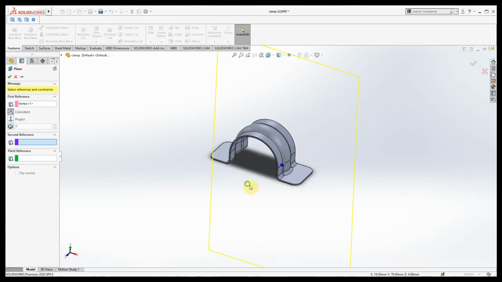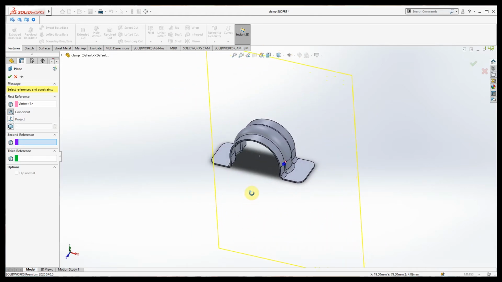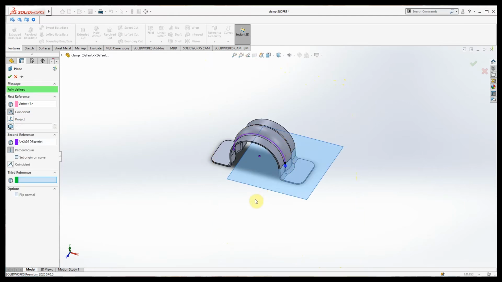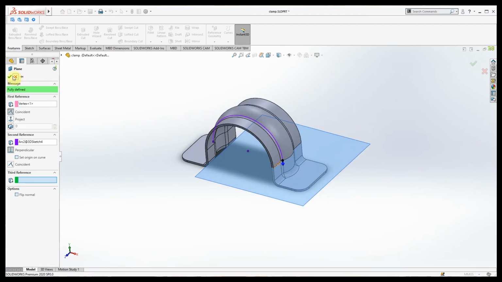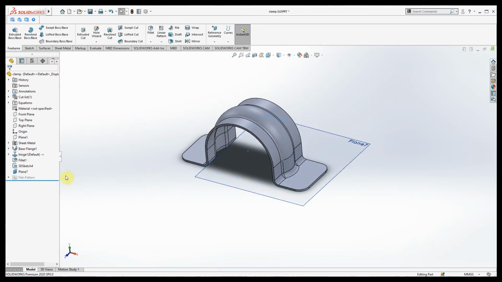Now our plane is not normal to this curve, but what we need to do is we need to select the curve. Now we got the normal plane for this curve. This is the one option. There is one more option available.